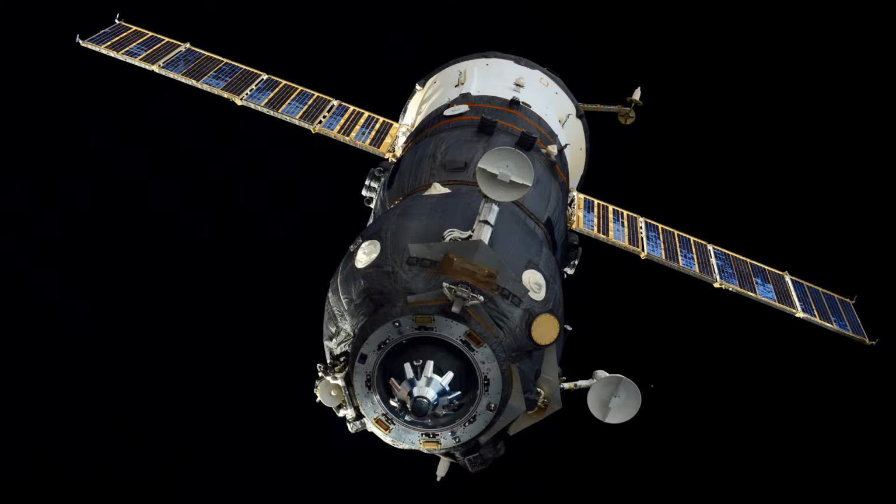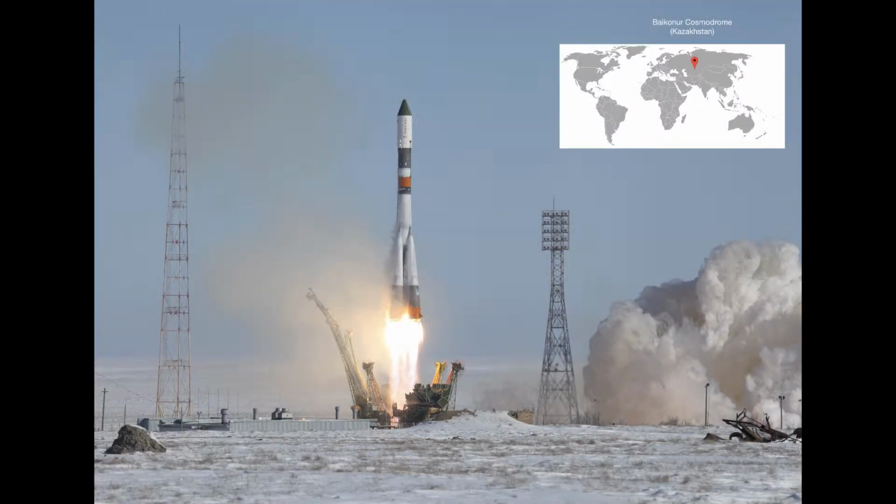Now, one very interesting characteristic of the Progress is the fact that it can transfer not just dry cargo, but also water and fuel. And it can transfer those fluids directly through the docking collar, which is a unique feature that none of the other cargo vehicles actually share. The Progress launches also atop a Soyuz rocket. It launches from the Baikonur Cosmodrome, and it can carry to the ISS around 2.5 tons between dry cargo and